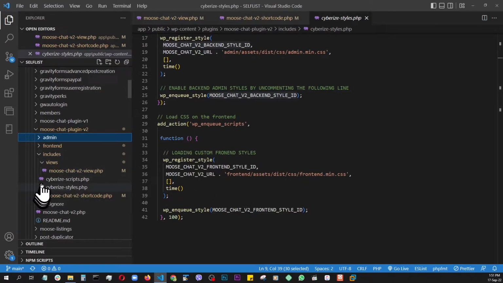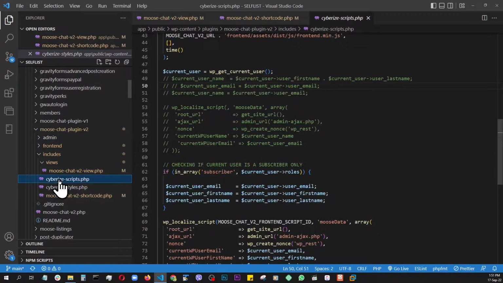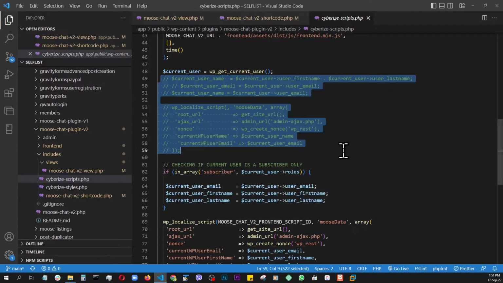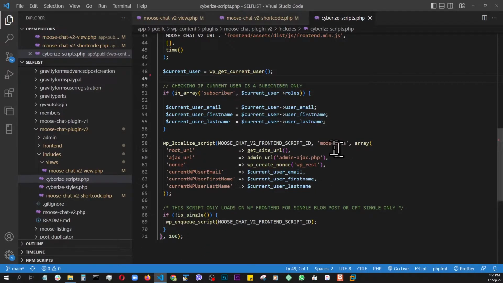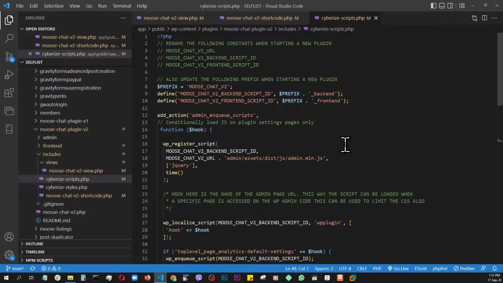And the same way under the scripts there is some debugging stuff still here, so I just remove that. All right, so it's now pretty much exactly the same. According to my new plugin name, I just change this. That changes this